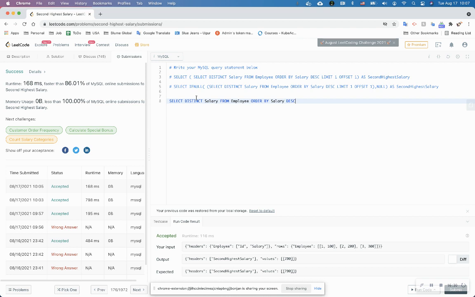How can we get the maximum salary here? By using the maximum function, right? So we have to get the maximum salary at first, then drop to for maximum salary from the first one. Okay, when we get to the maximum salary, and then from employees, then order by, we don't need order by actually here. So where statement here, this is the important first one, where the salary is less than, okay, same query actually, from